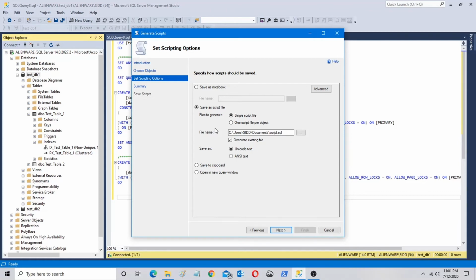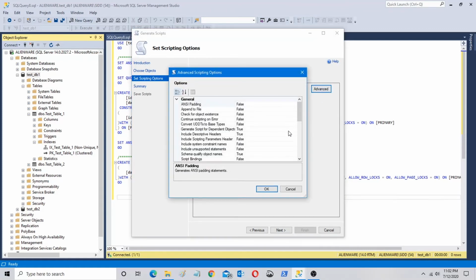All right, and again you also have the option to have it in a new query window. Then here you can see there is one advanced button. In the advanced button, if you click on it, similar to the options you saw for SSMS, you will get a similar kind of options here which you can set. For example, here fortunately the indexes are automatically selected, right? And again triggers are not selected, so you can select it over here and you can set all the options whatever you have, so that when you are generating a script, all those dependent objects are included by default.